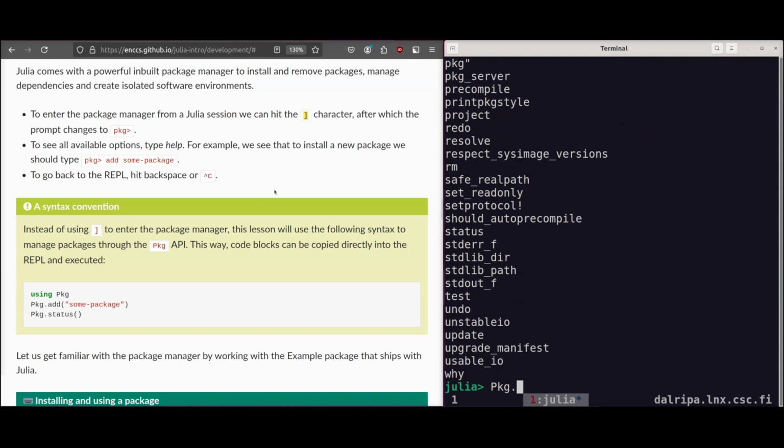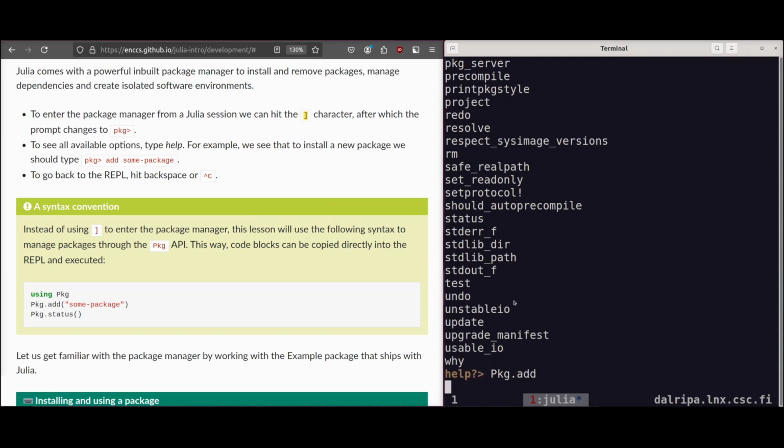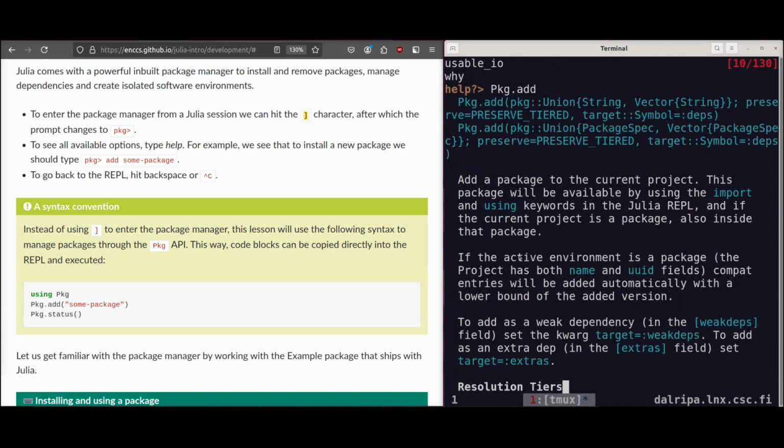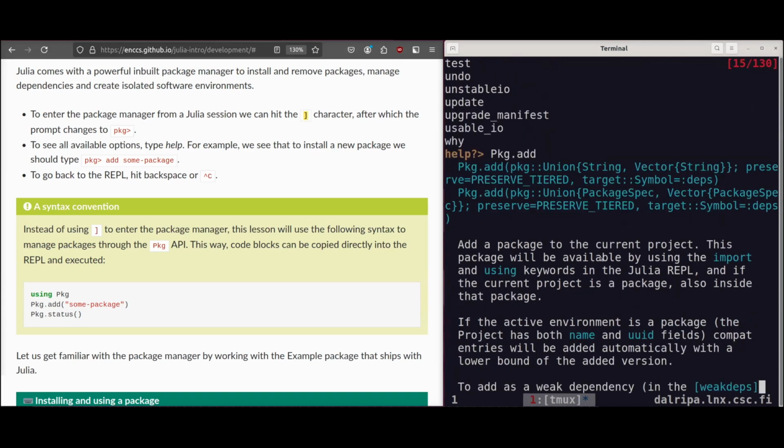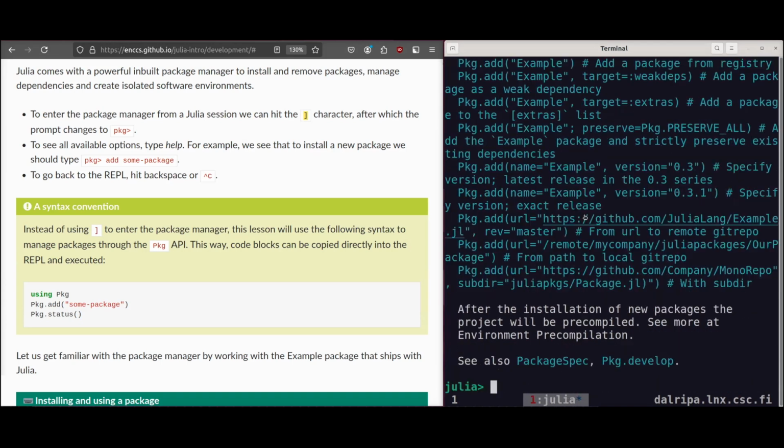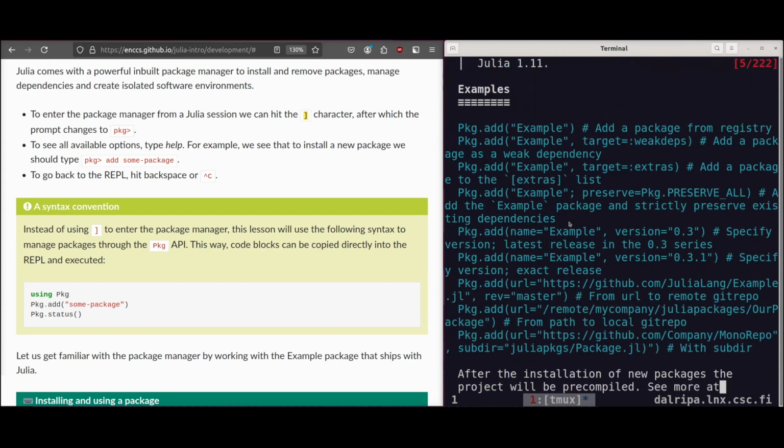You can do things like that even from the package manager, but it is then best to use, I would say, just importing the Pkg and use the Pkg add, because then you can a bit more easily specify what you are installing. Here is, well, it doesn't show very well, but here are a lot of different variants